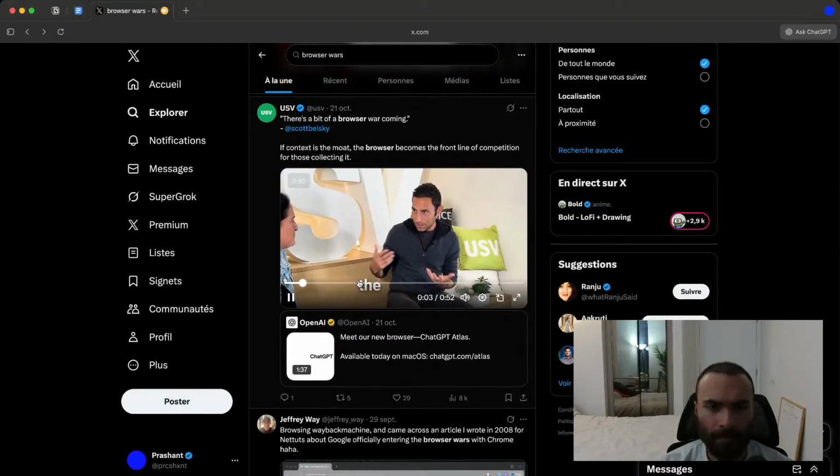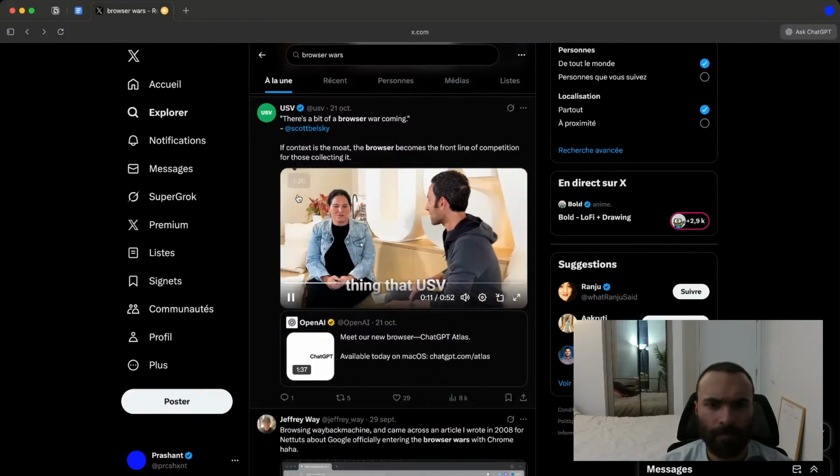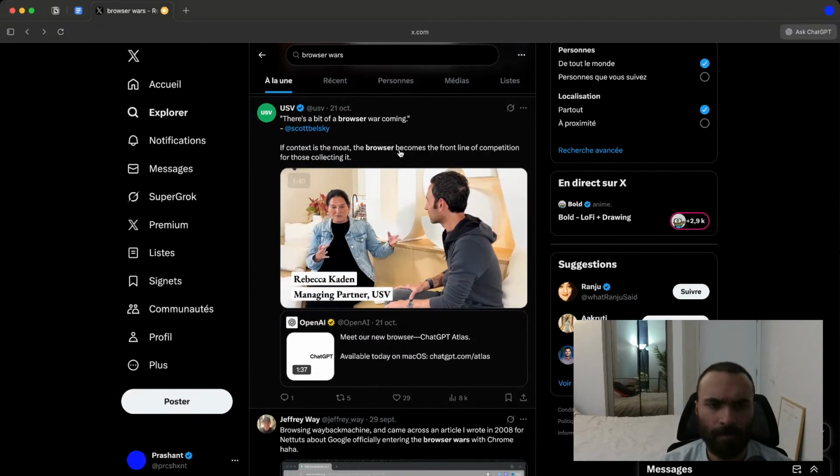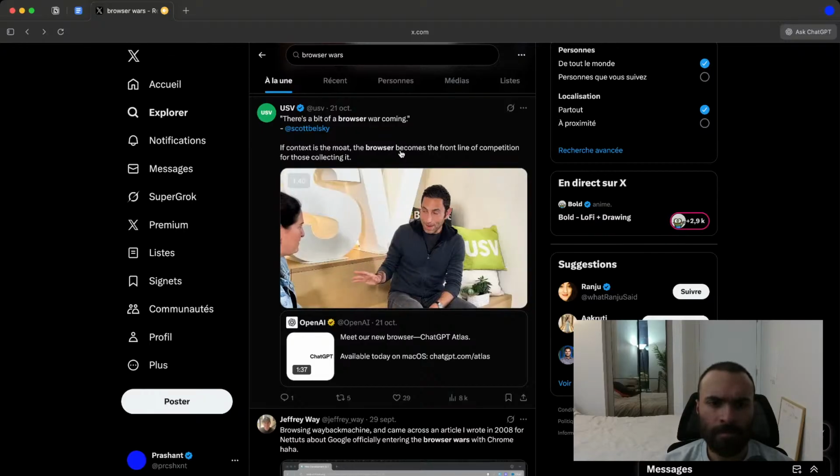Consumers, the two of us, we want to own our memory and context. We don't want it to only live in OpenAI or Anthropic or anywhere else. This is the core thing that USB is obsessed with. Yeah. The idea that we want to own our own data is actually the core root of the thesis on blockchain. I would argue that at least up to now, that has been a philosophically interesting idea, but the utility of it has been limited. I 100% agree with you, because the utility has not been accessible.